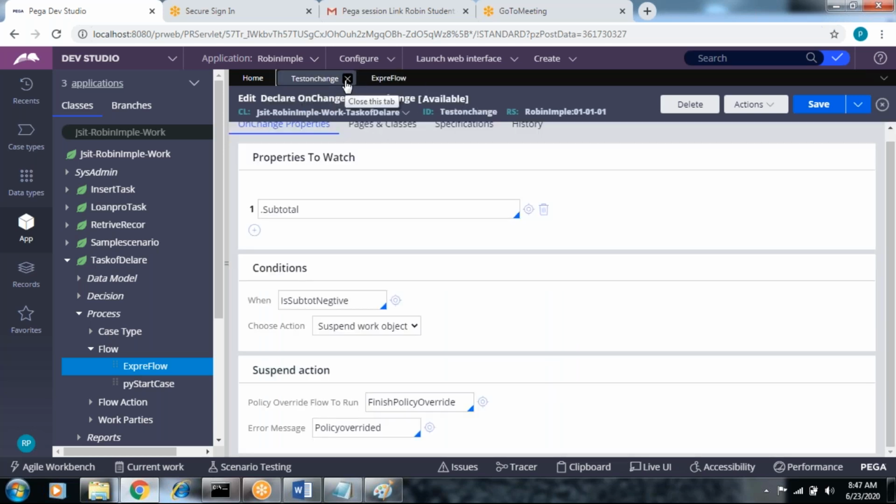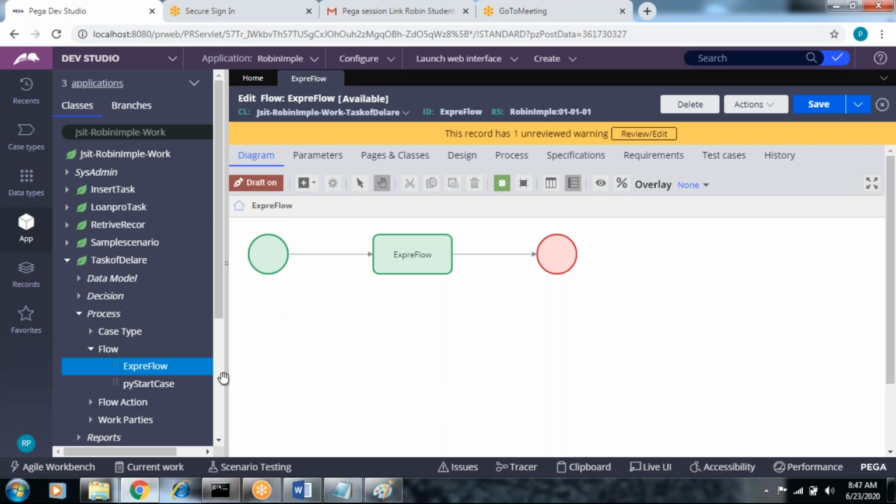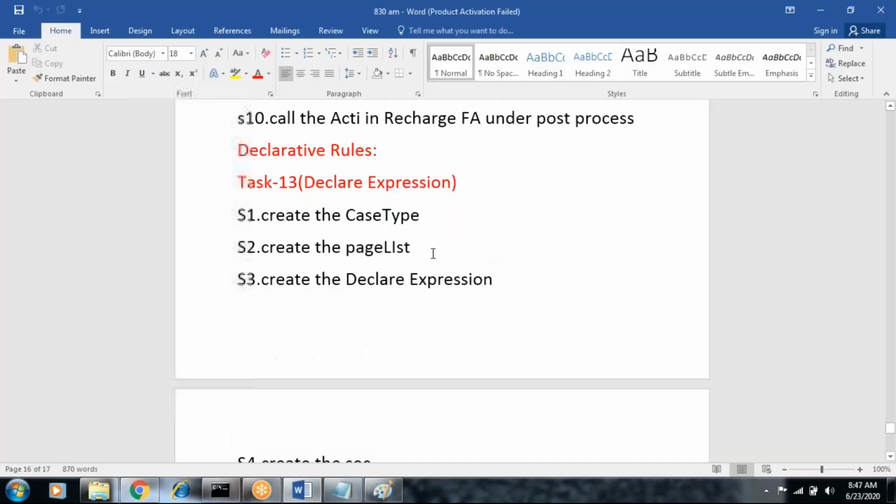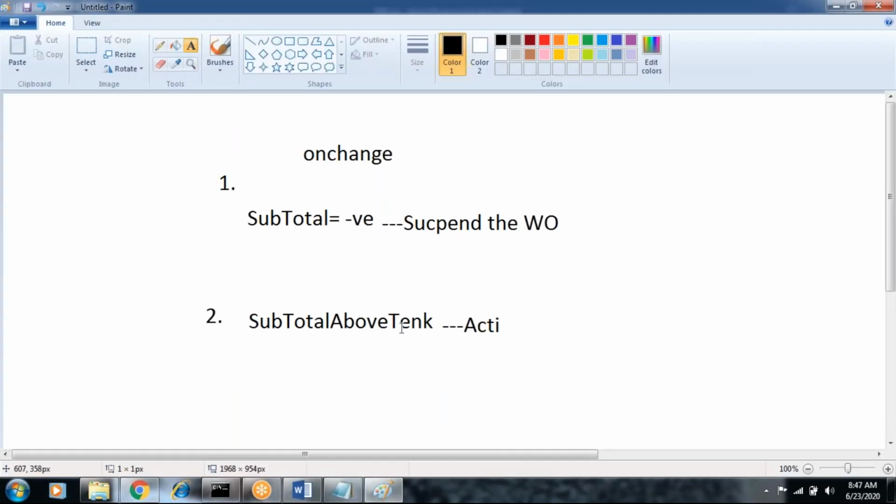I'm going to create one more on change. Whenever the customer is purchasing for more than 10K or above, reaching the maximum price, we can run an activity here.